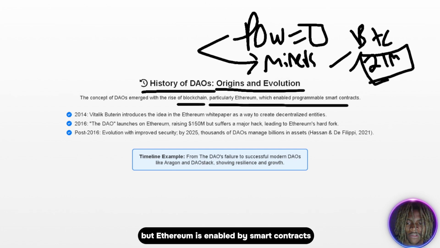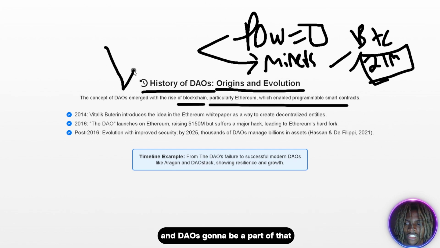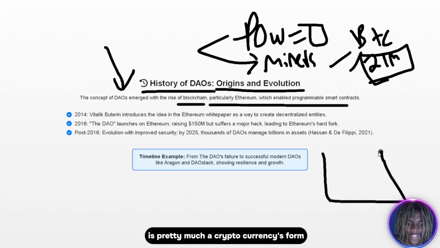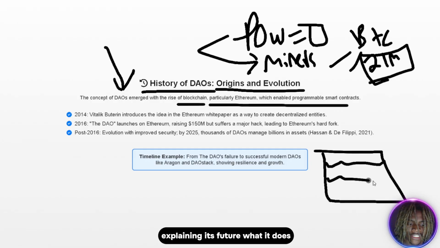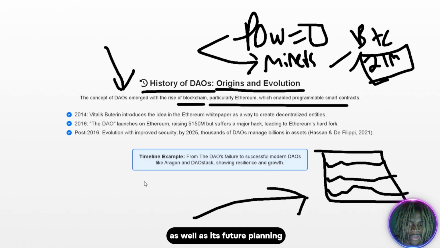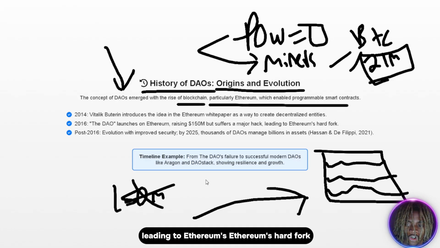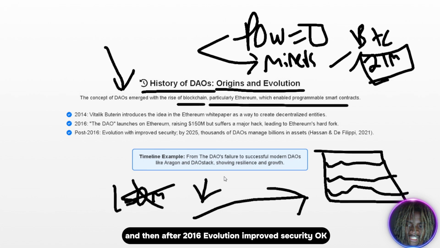But Ethereum is enabled by smart contracts, and DAO is going to be a part of that. So in 2014, there was the Ethereum white paper, which is pretty much a cryptocurrency's form explaining its future, what it does, its uses, etc., as well as its future planning. And the DAO launches on Ethereum and raised 150 million, but suffers a major hack, leading to Ethereum's hard fork. And then after 2016, evolution improved security,